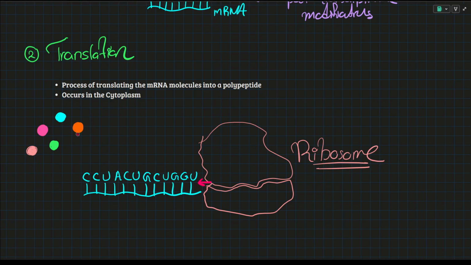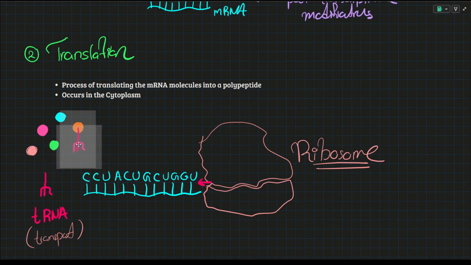For that, you need a special kind of molecule carrier known as a transport RNA. You call it tRNA for short. The T stands for transport. We need a transport RNA. Okay, now we know GGU will code for glycine. Let's say the orange one is glycine. So what's going to happen is this tRNA molecule is going to pick up glycine. I'll bring glycine forward.